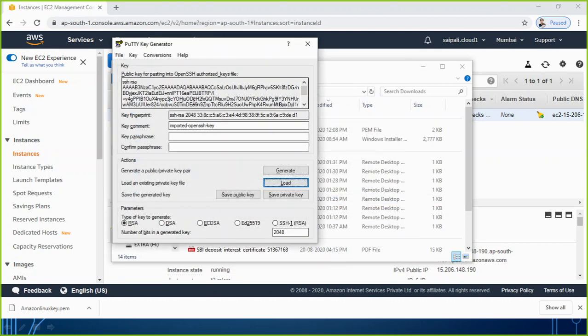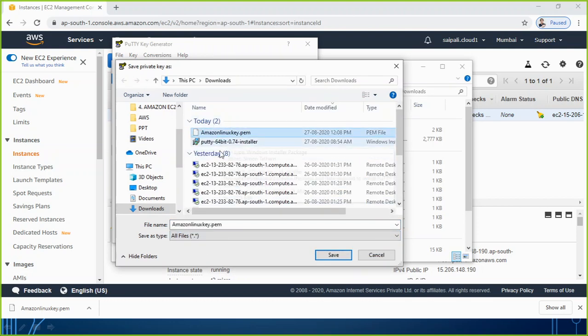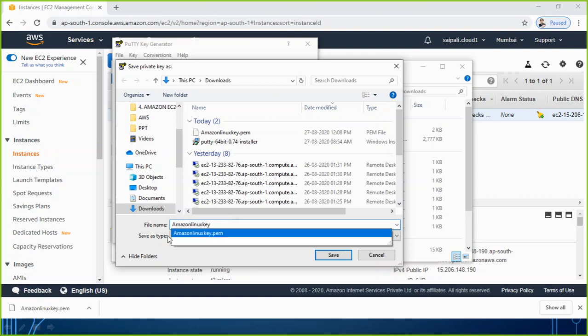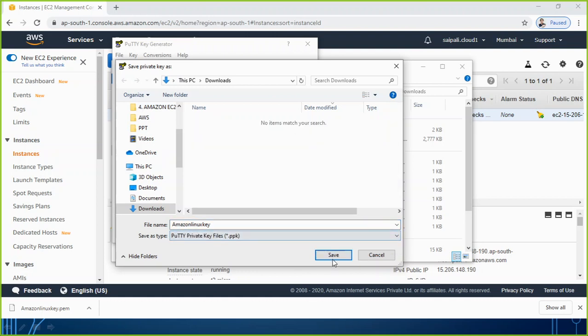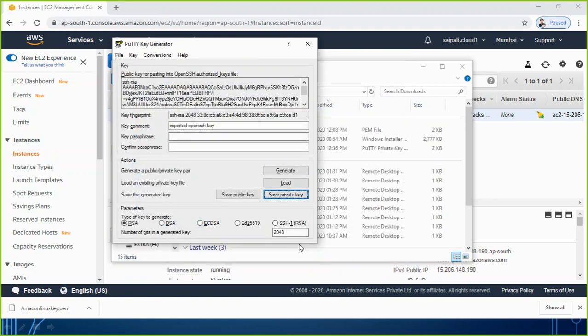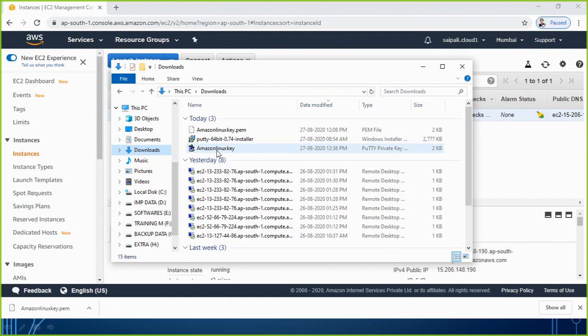After selecting it, you go to save private key, and here you use the same name, but only the extension will be changed. So I will save as ppk. Now when you click on save, check your download folder and you will see one more file called Amazon Linux key, the same name.